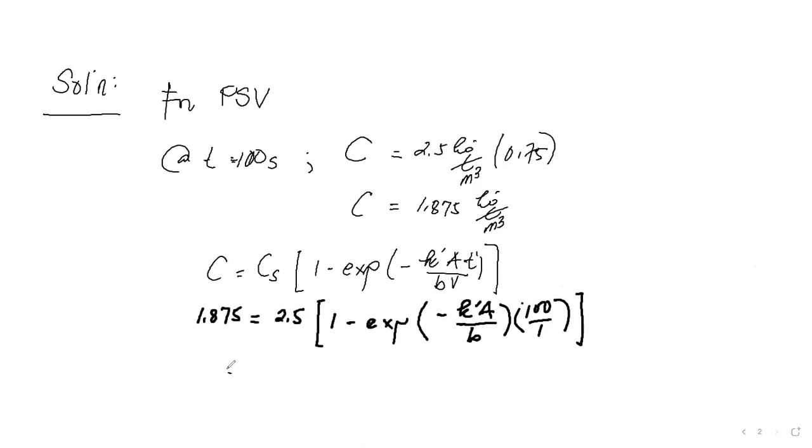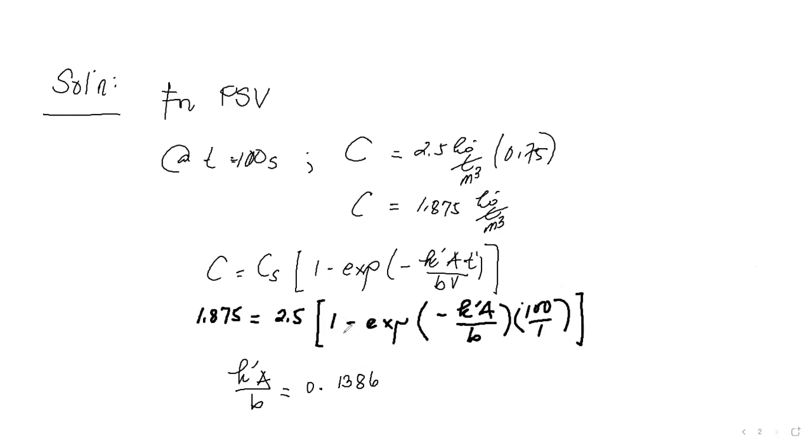So the value of the K prime A over B is equal to 0.1386. So you transfer the 2.5 here on the left side, subtract 1 from that, and the rest would be